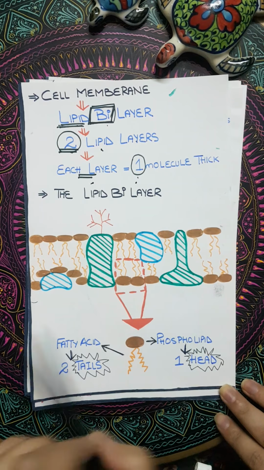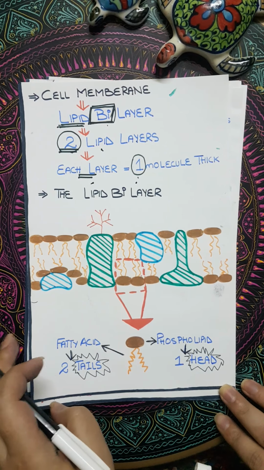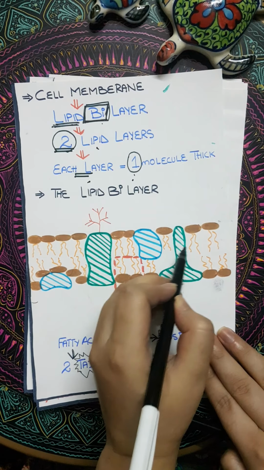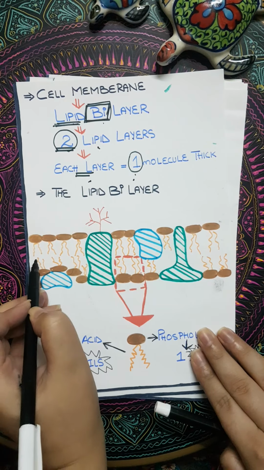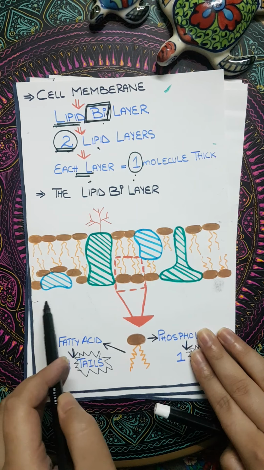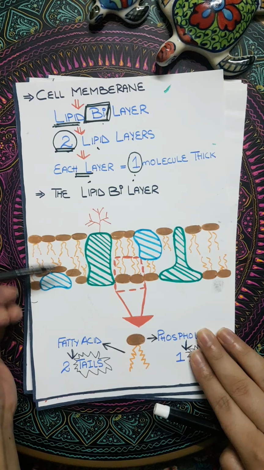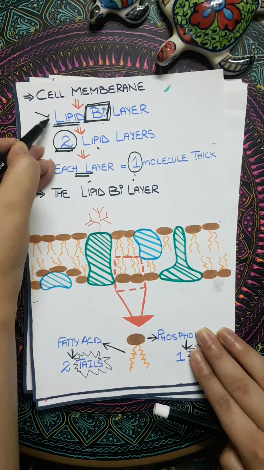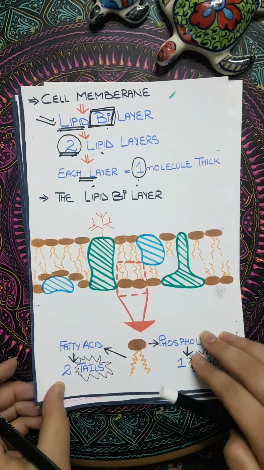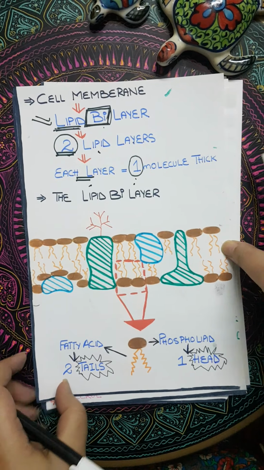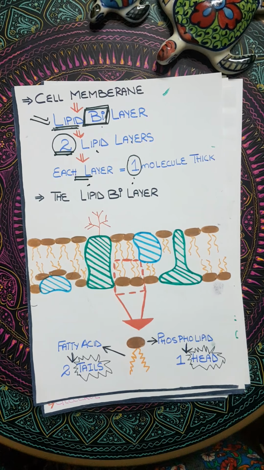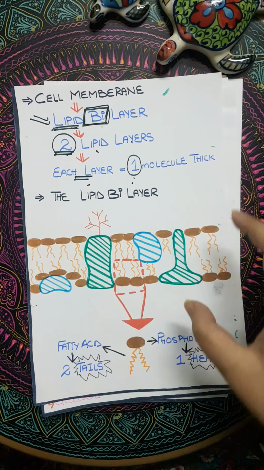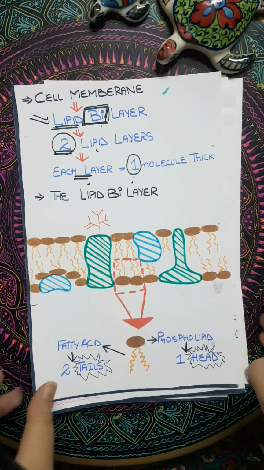This is the diagram of this lipid bilayer, and this is one layer, whereas this is the other layer. These two layers collectively make up this lipid bilayer. This is a very important diagram, and I'm going to discuss each and every component of the cell membrane through this diagram. Okay,